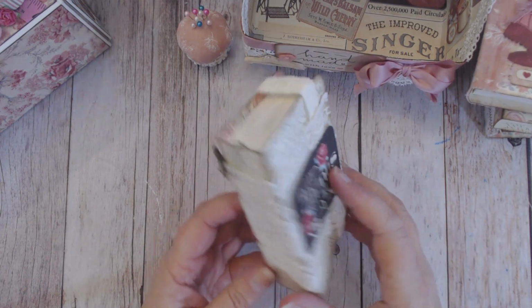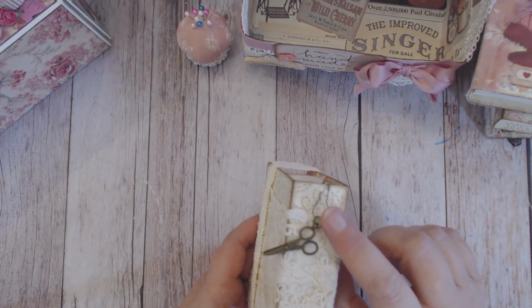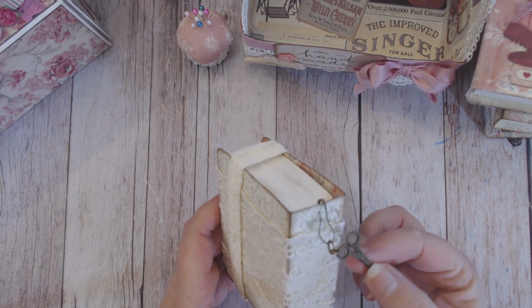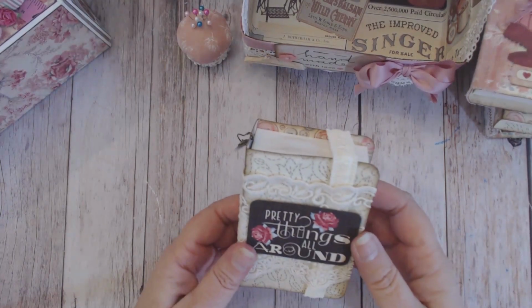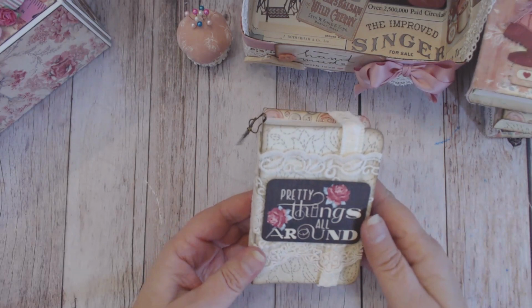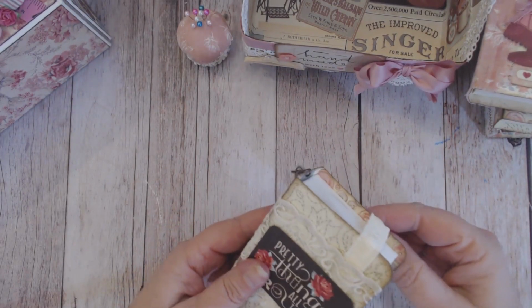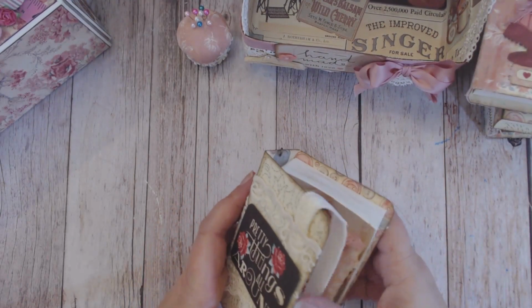So as you can see, I put this lace that goes all the way around, and then I just poked a hole with one of these little bulb pins and put a little scissor charm on that. And I just love these. I love the beautiful papers of this collection, just really beautiful. So anyway, the elastic just slides off here like that, and